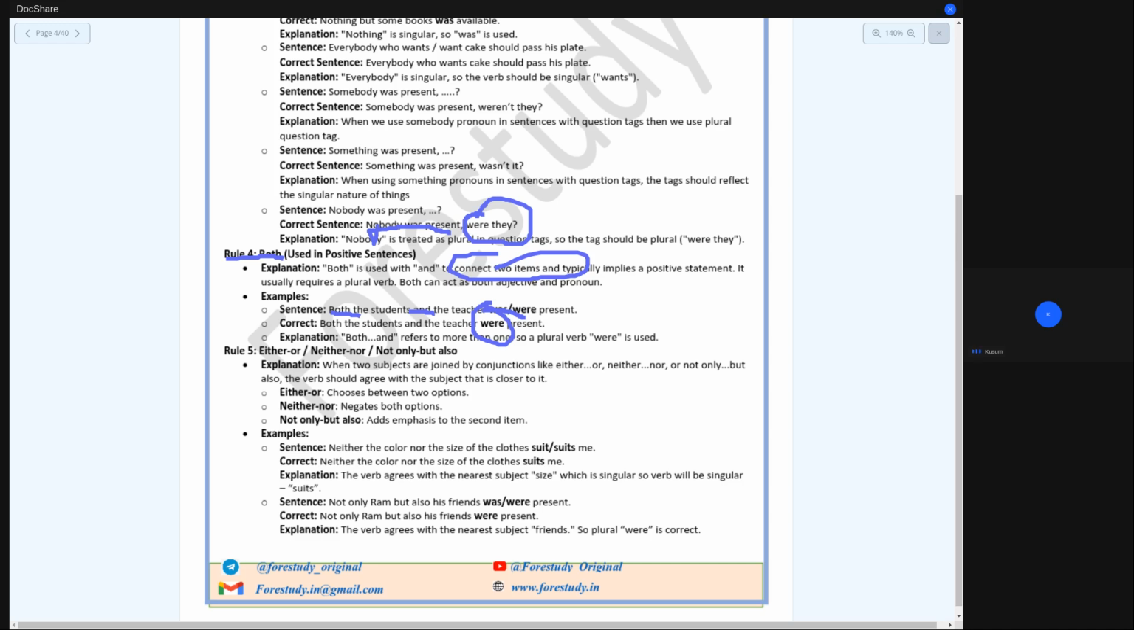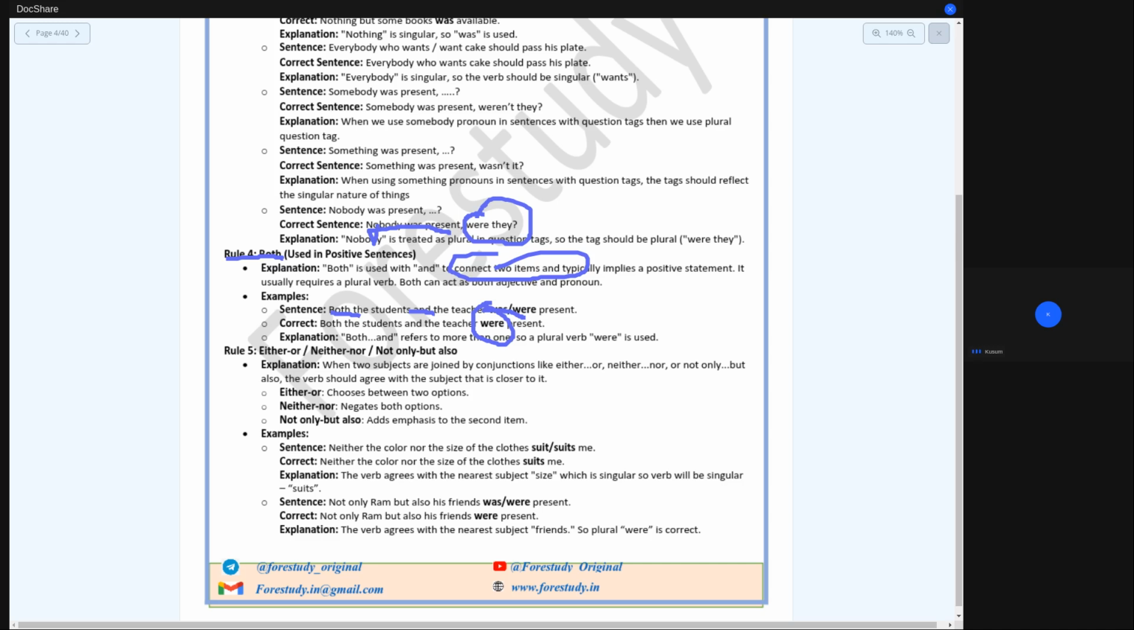Okay? Why were? Because both clearly points out to more than one subject. The students plus the teacher. So we need the plural verb were. I can give you a few more examples, like both of my parents are coming to the event. So here parents plural, so that is the reason are. She likes both tea and coffee, so here we are talking about the preferences and she likes both, so again